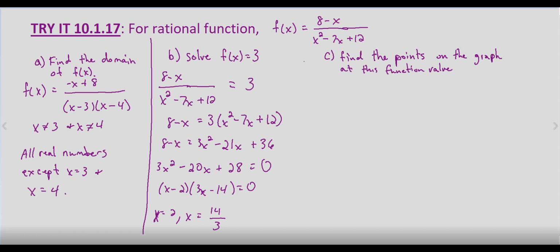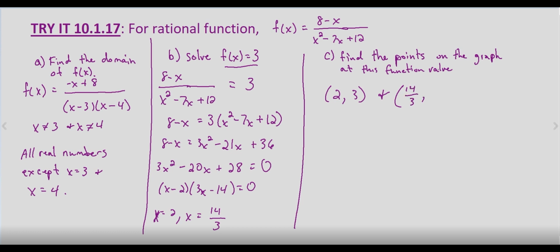And now we're asked to finally find the points on the graph at this function value. So what that means is, we already know what we solved for was the value of the function was 3. f of x equals 3, and we got x equals 2 and x equals 14/3. So that's going to correspond to the points (2, 3) and